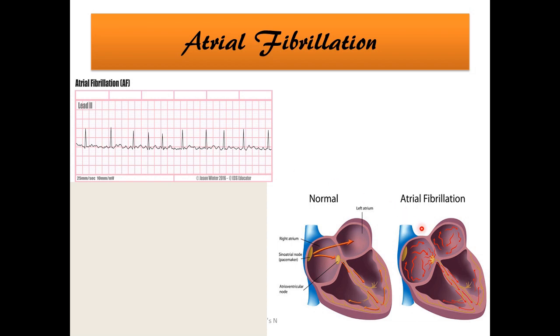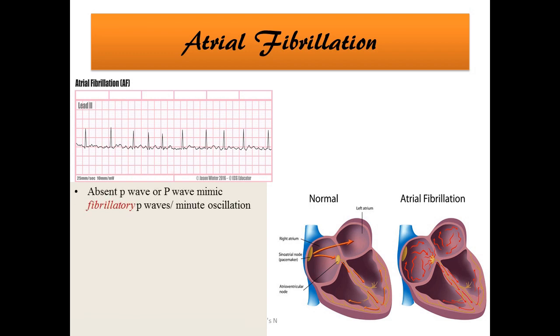I want you to put your focus onto this picture. Here, one thing I want you to understand is that in atrial fibrillation, the impulses are discharged from any ectopic foci in the atria. So, it may not be the SA node. Somewhere in the atria, the impulses are discharged at a faster rate, which causes the fibrillating of the atria. Now, look at the ECG strip.